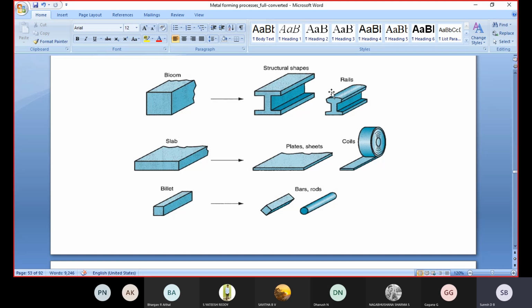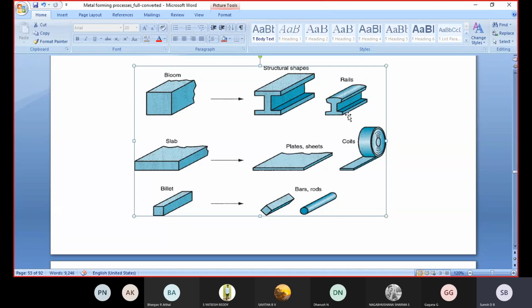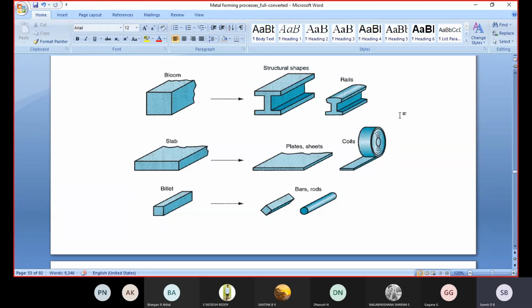But a railway structure is different. See here, this one has a flat surface, and this one is tapered in shape. In that case, the rollers are designed according to this particular shape, both top and bottom of the component. Suppose the bottom of the component is a flat surface and the top surface is tapered or curved. The bottom roller is manufactured with a flat surface, and the top roller with a curved shape. According to this shape they manufacture the roller. Finally you get the desired shape and size.